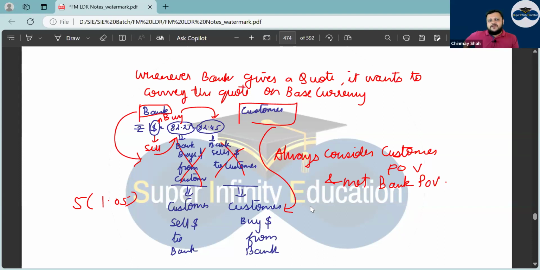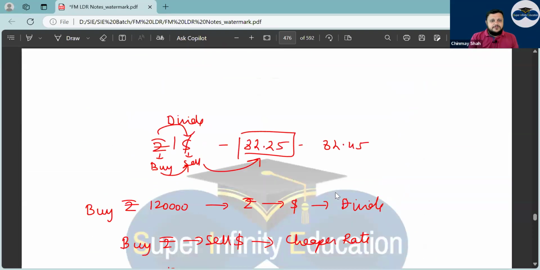Sir, why should we always bear the loss? The bank should bear the loss. That is not what this is about. So have a look. If I have rupees, I am selling that only. Whenever a position is in the secondary currency, convert it to the base currency and use the rate accordingly. Whenever you want to sell the base currency, you get the lower rate. Whenever you want to buy the base currency, you get the higher rate. That is the logic, right? If you have a secondary currency, that means you want to buy or sell rupees, so you have to convert it into dollar, buy or sell, and get the rate. So this is rule 5, I suppose.